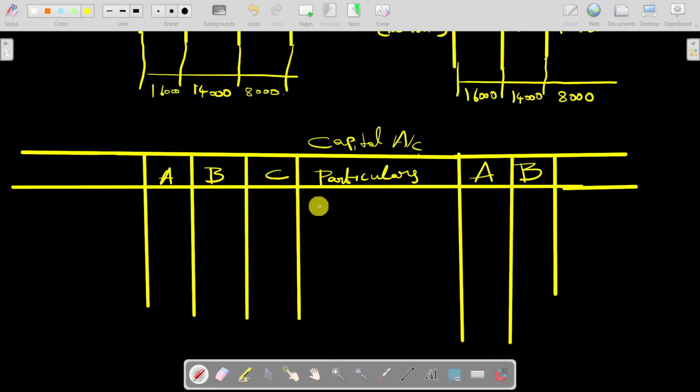So here when we prepare capital account, we don't have any new things to add here. By balance